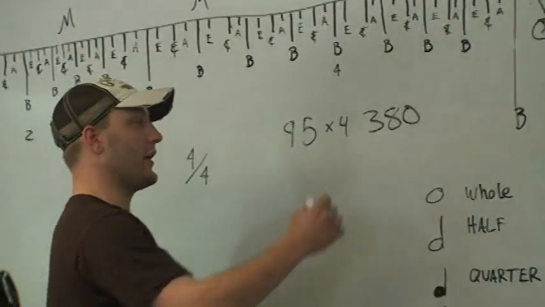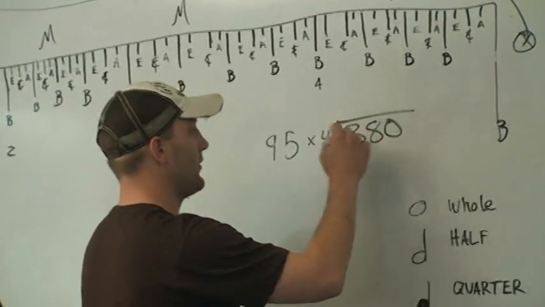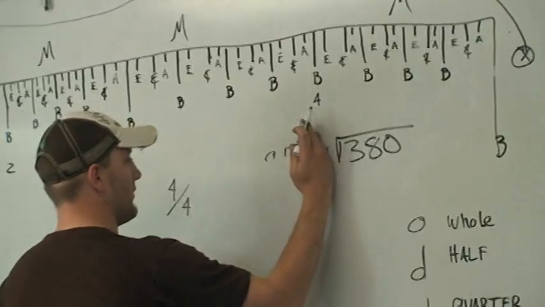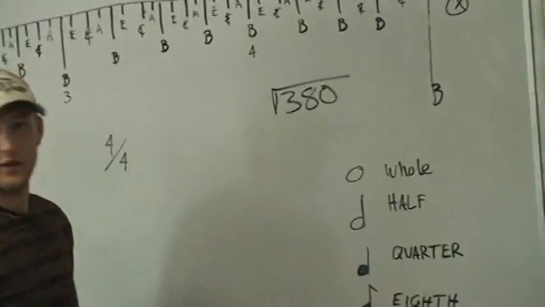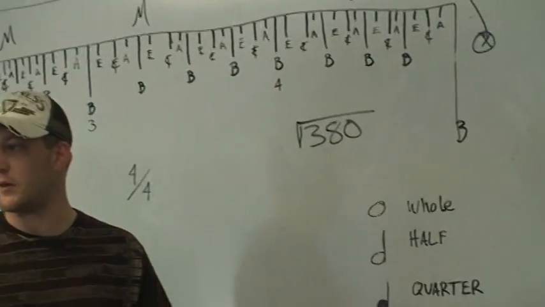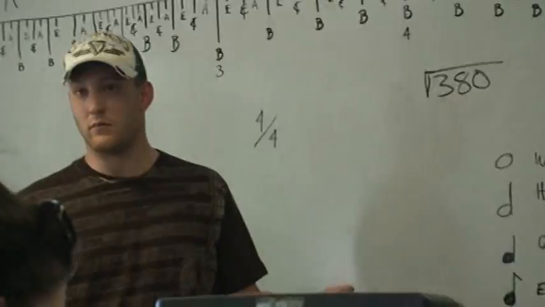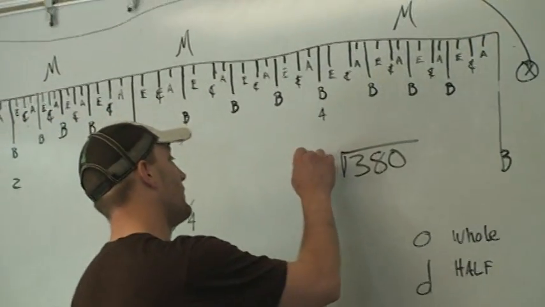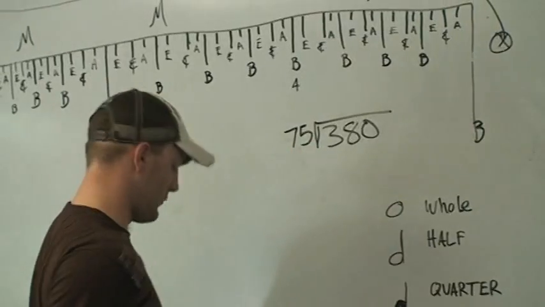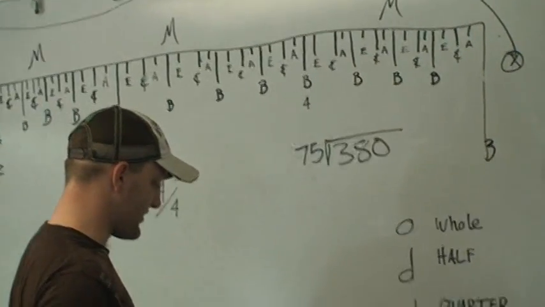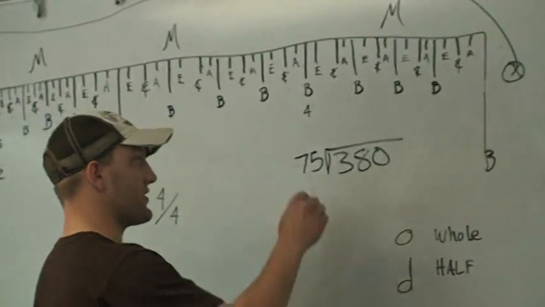Okay, so we're going to take that 380 and we're going to divide it by our beats per minute. Anyone want to give a BPM? 75. 75, there we go. Pretty slow. So, we're going to divide that by 75, okay? And that's going to give us